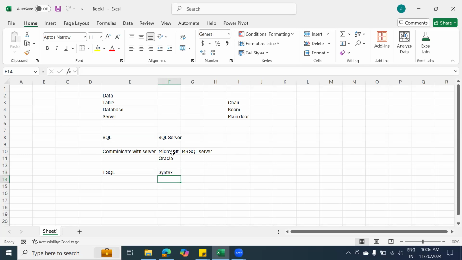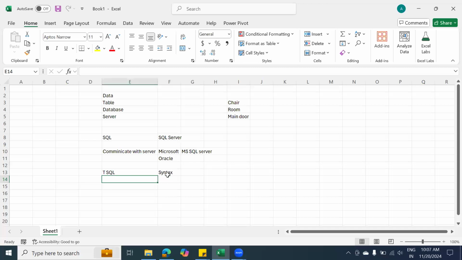If you know all these things, obviously you can generate it. The best example: let's say you know how to write a formula in Excel. You can ask ChatGPT to write a formula for a complex scenario. Then you can read that formula and understand it. The same way, if you don't know the query, you can go to any AI assistant and generate the query from there. These days, most of the complex queries are being generated in the same way.